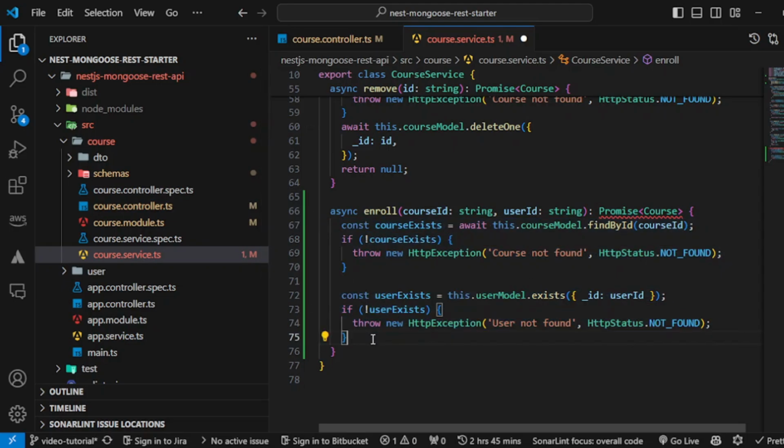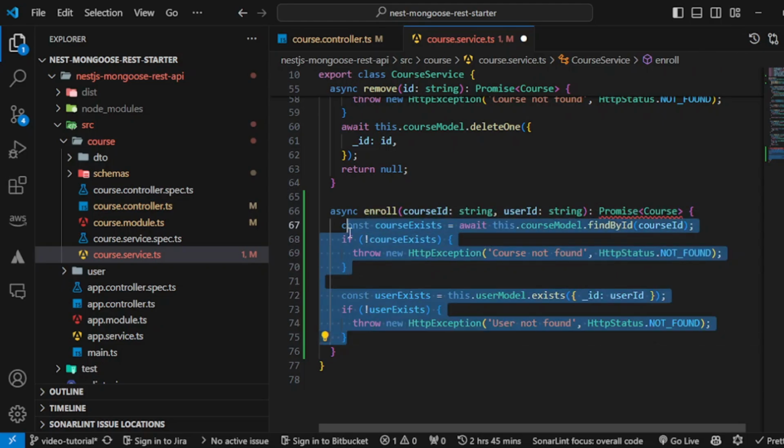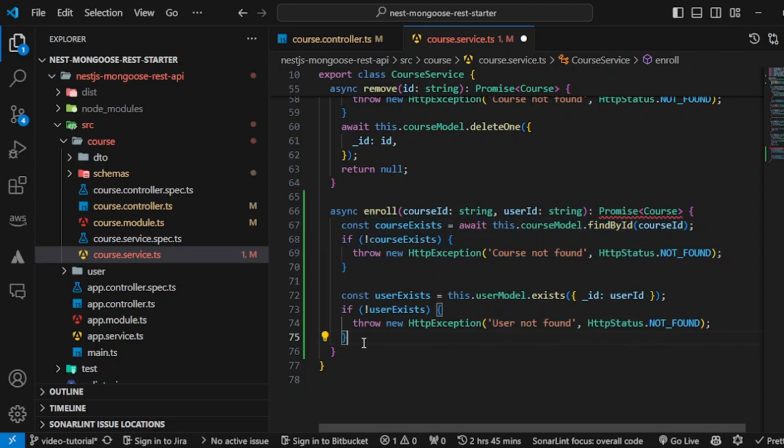There are minor differences. For example, exists would return true or false or null or stuff like that. If you want, you can study these differences, but these are the two ways that can work as well. Find one would also work if you want to just verify these things. Maybe there could be performance issues or stuff like that. Other than that, these can be used for validation purposes as well. So moving forward,